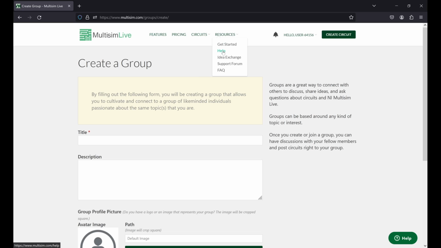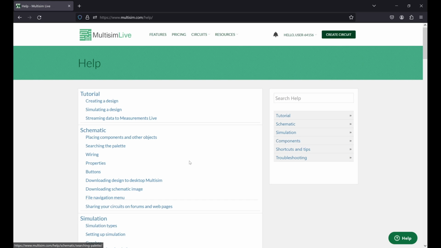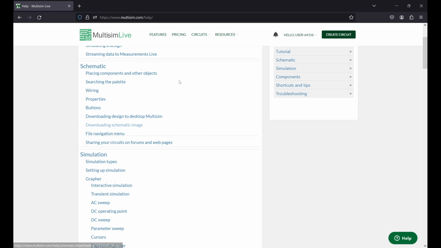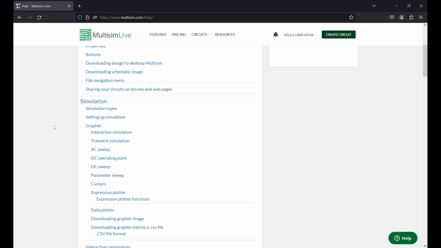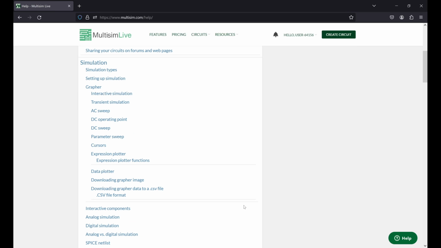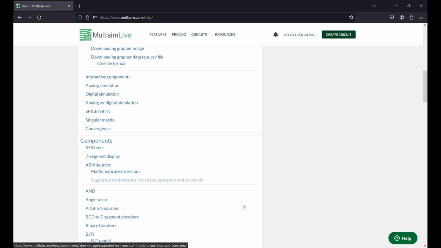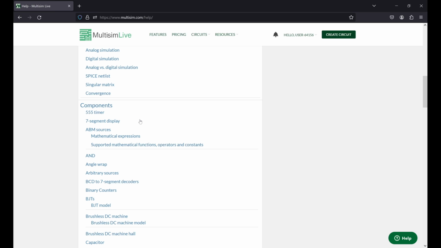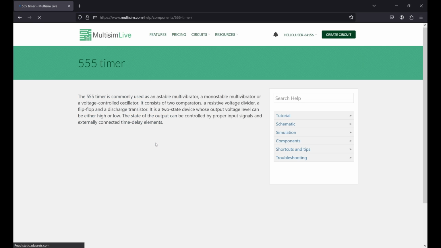You also have the help page, which is basically the documentation for Multisim features. So how to create a design, how to simulate it, placing components. You also have the documentation of different simulation types and component documentation. So let's say for the 555 timer, I can go on and see